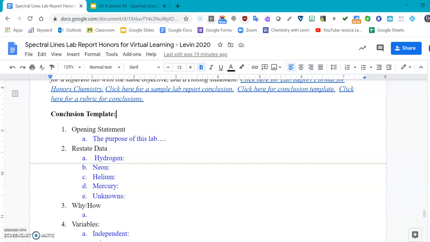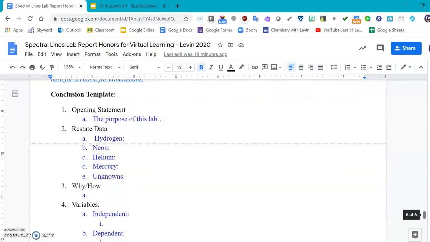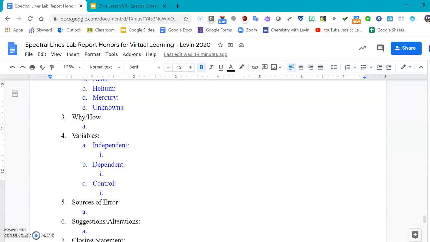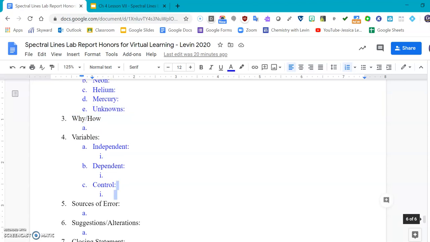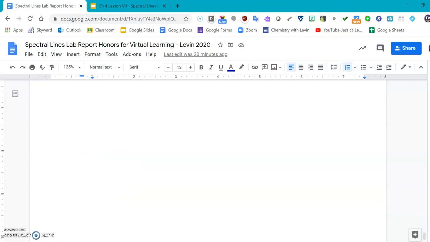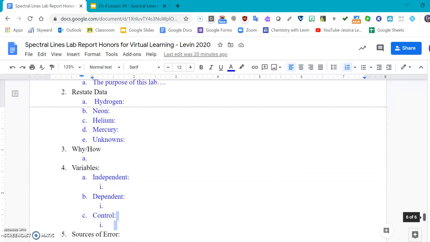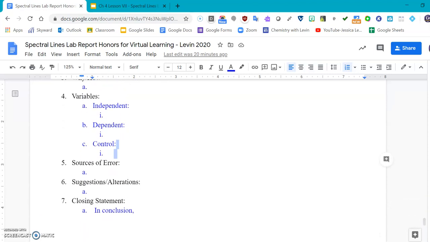Okay. You're going to restate your data for hydrogen, neon, helium, mercury, and the unknowns. Give me a how or a why. Okay. Identify the variables. So what did you change? What was dependent on that? And what was the same for each one of these up in the top part here? And then we're going to talk about our possible sources of error, and a suggestion or an alteration for the lab. And then in conclusion, wrap everything up with a nice concluding sentence, which